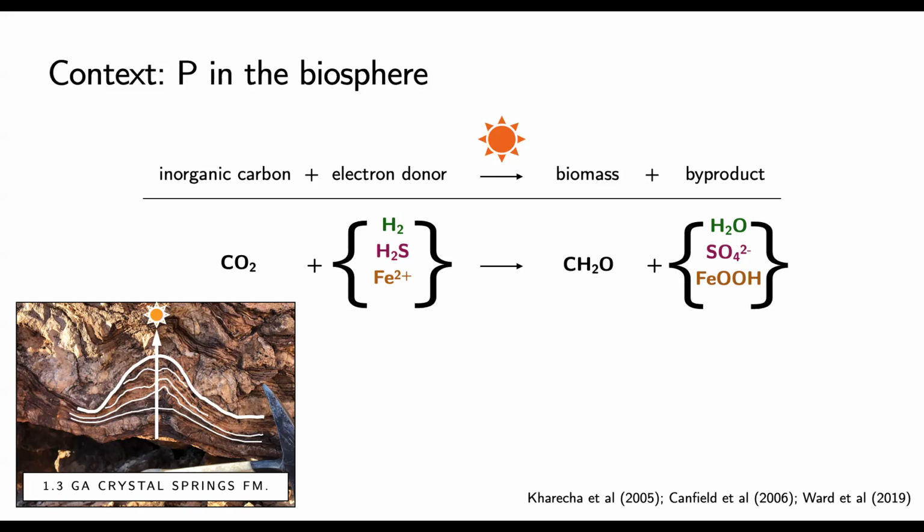This was around, and if you want to then quantify the productivity of an early biosphere, it's plausible that the net rate of this reaction would be limited by the flux of those electron donors to sunlit environments, say the surface ocean. And so estimates of the productivity of an early biosphere that's limited by those reductant fluxes have been generated. Some of the papers doing so are cited at the bottom.